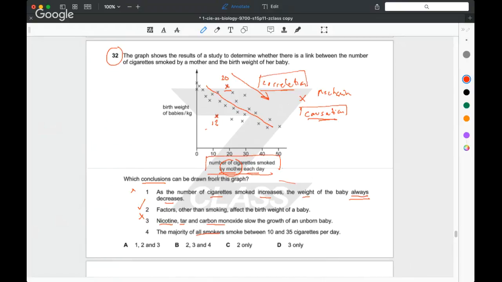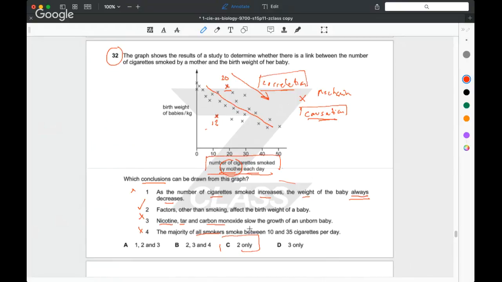We have no data about all the people who smoke at all. So that's clearly wrong. All right. So we've just been through these, and it looks as though the only one that is a conclusion that we can really draw from this graph is question C. There. And so the examiner said on this question here that only a few candidates were able to answer this